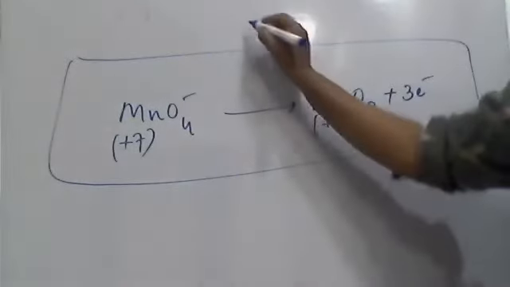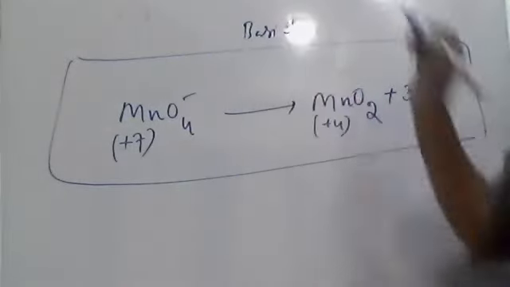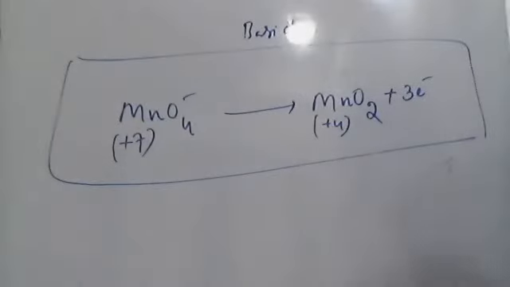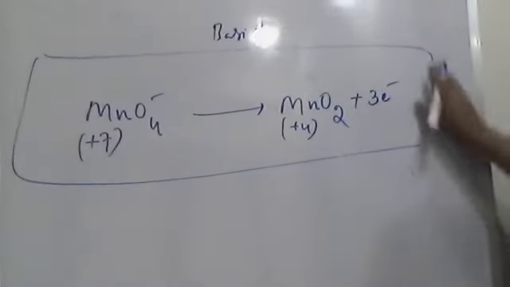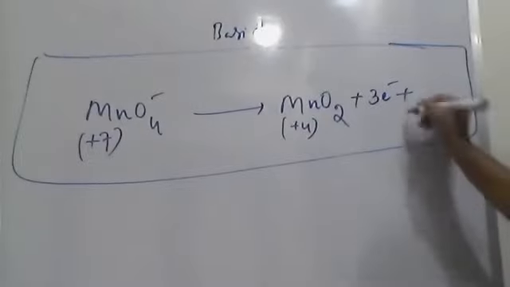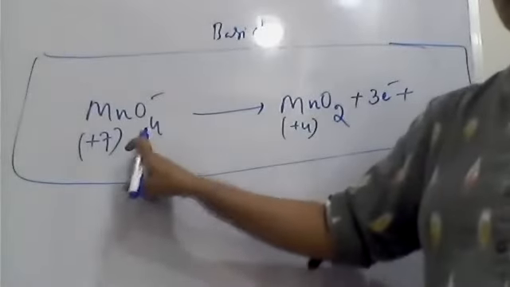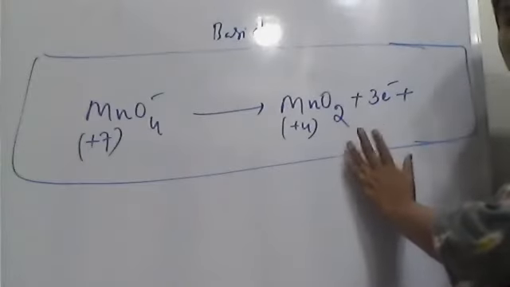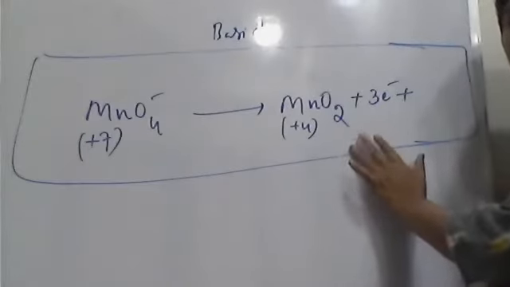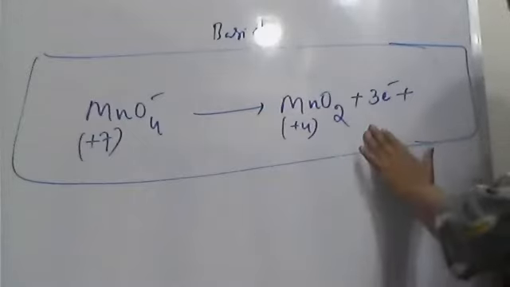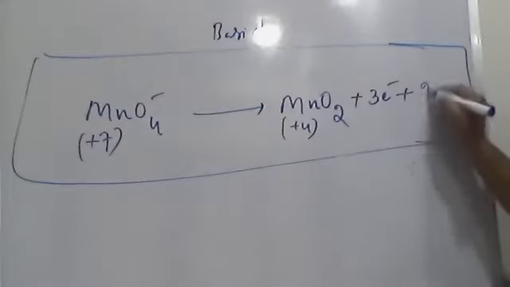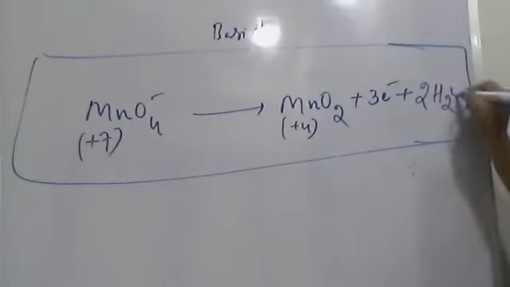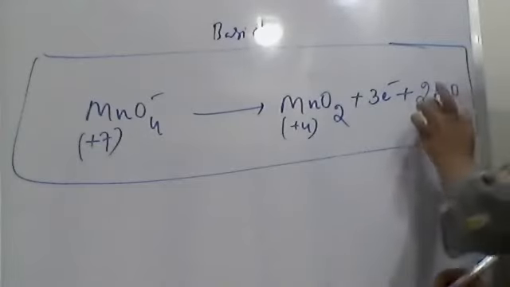In this medium, the reaction is taking place in a basic medium, that is alkaline. So to balance the oxidants, now you have to add water, H2O. Here 4 oxidants and right side 2 oxidants. How many less here, beta? 2. Therefore, you require 2. Since basic medium, add 2 H2O. Now, oxidants are balanced.